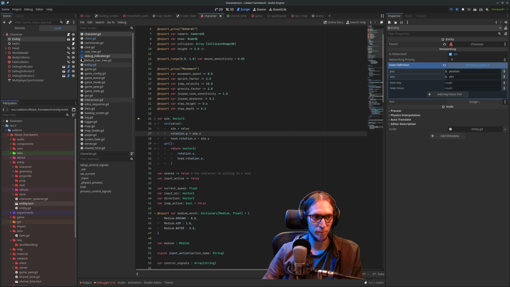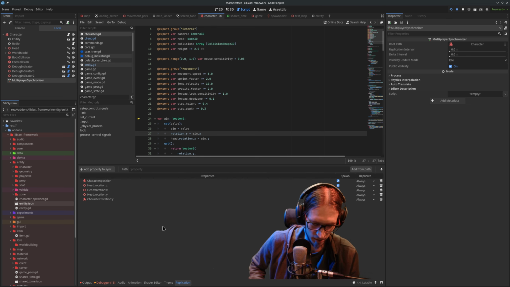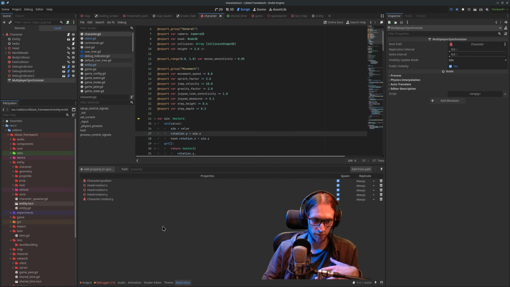Because the problem with multiplayer synchronizer is it's gonna be great, but there's no way I can implement any kind of state prediction or client-side prediction or server reconciliation. So I need to kind of be aware of different states, and yeah, so